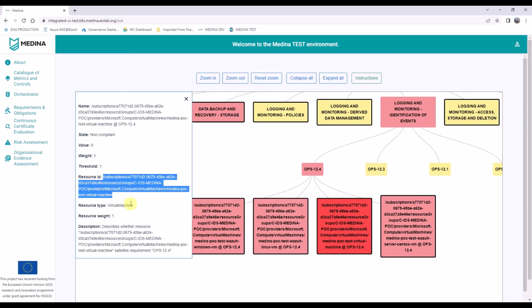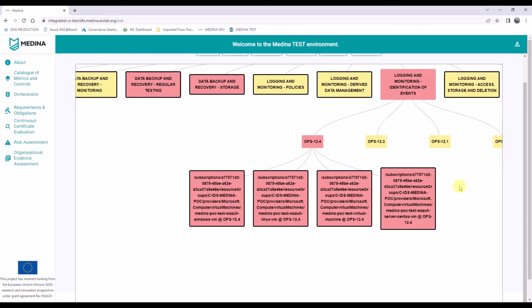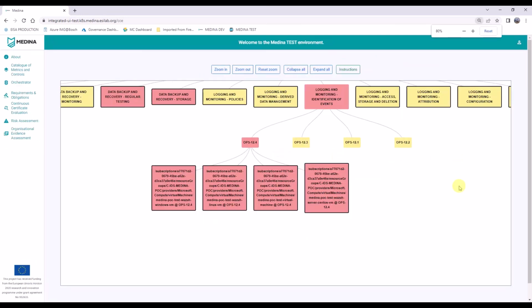In this particular case, this is a real virtual machine that is running in our Bosch testbed, and the specific identifier of the requirement and the metric which has provided the non-compliant status, and further information so that we can do, as, for example, governance team or security operators, a traceability in order to fix the non-compliance, and that is going to help us at the end of the day to obtain a compliant status for the whole EUCS catalog,